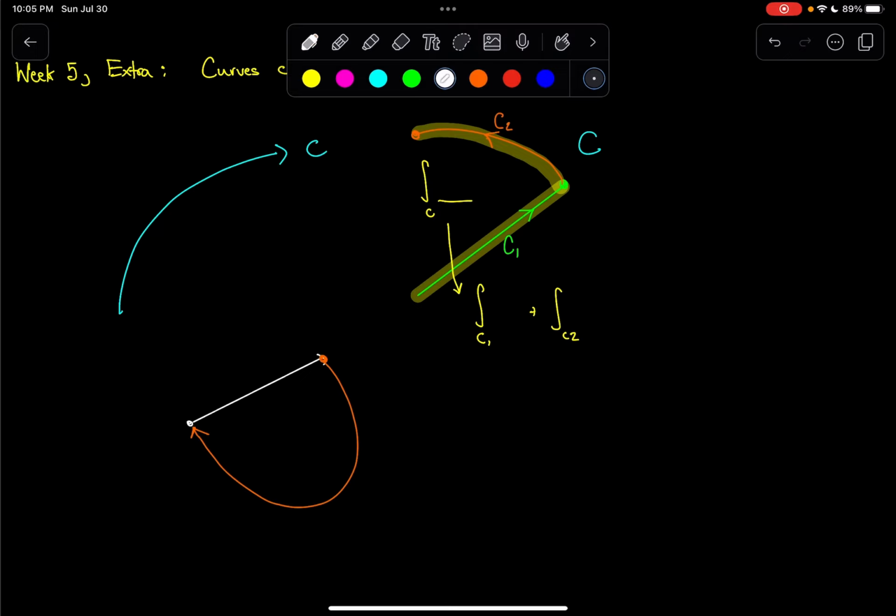So this is C1 and this next piece here is C2. This line integral, a line integral that goes over C1 to C2, this is what we call a closed path, versus this one here, which is an open path, as is the